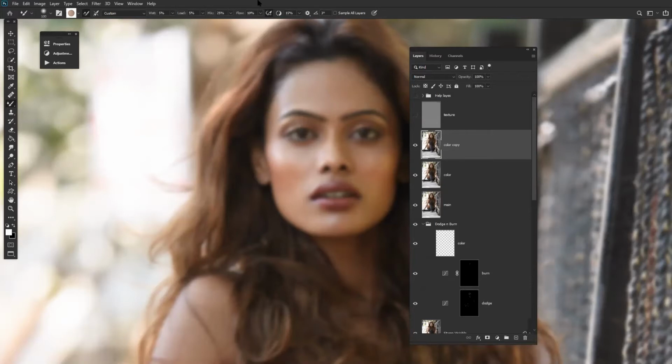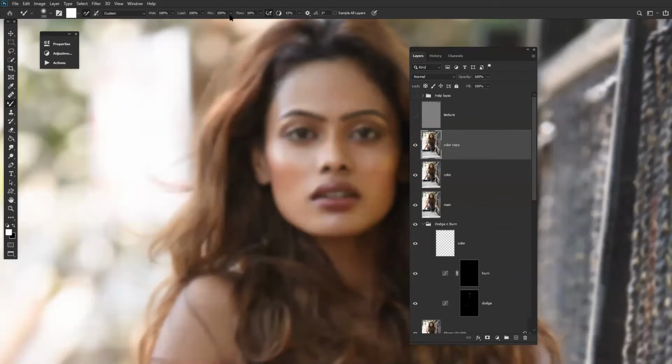So first and foremost, let me show if we increase wet. See, if we increase the load, the pressure will go much more. Now, if we increase the mix, it's flattening out the image totally.